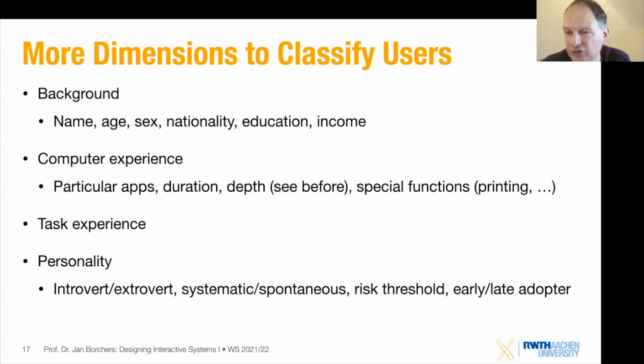Systematic versus spontaneous is another dichotomy, or the aversion to risk or the welcoming of risk, or whether you are an early or late adopter of new devices and systems and technology. And these things will shape what kind of interface people need, what kind of system people need to help them. To give you another example,